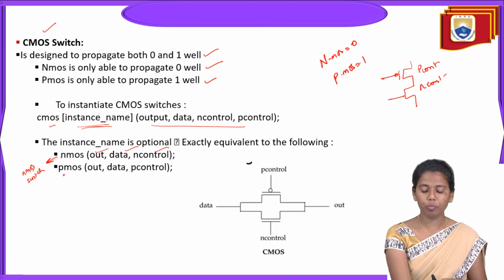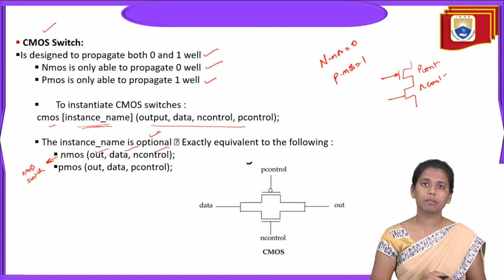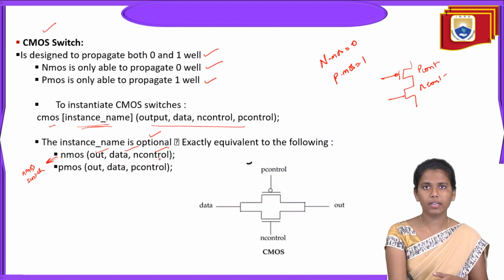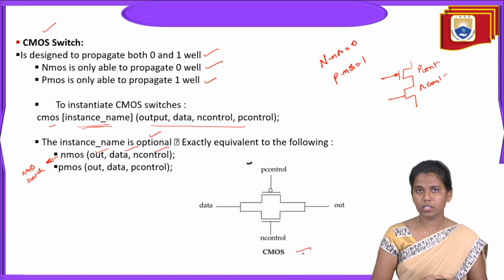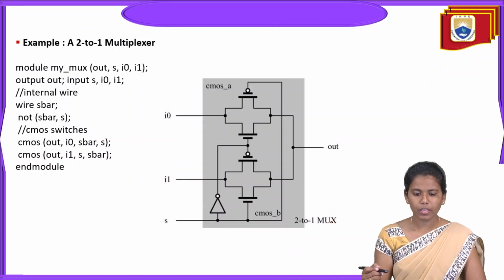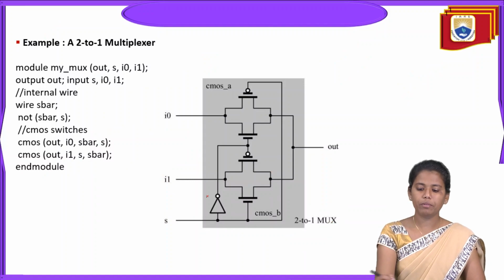Nowhere can you see the instance name. I said that it is optional. The name of that particular gate is optional, so there is no need to mention it. So NMOS out data control, PMOS out data control. This is a basic CMOS switch where you have P control and N control lines with data as well as the output. Now we will see an example in switch level modeling, that is a 2x1 multiplexer